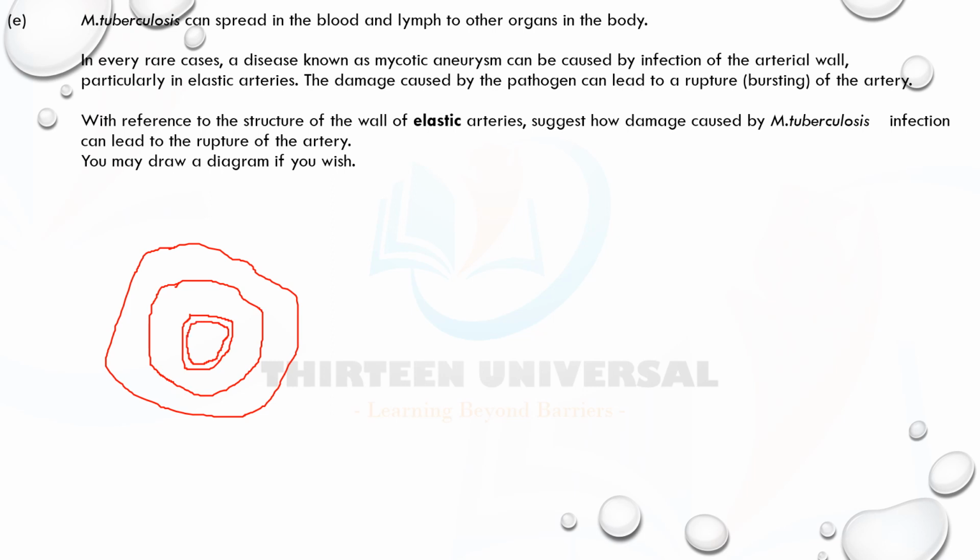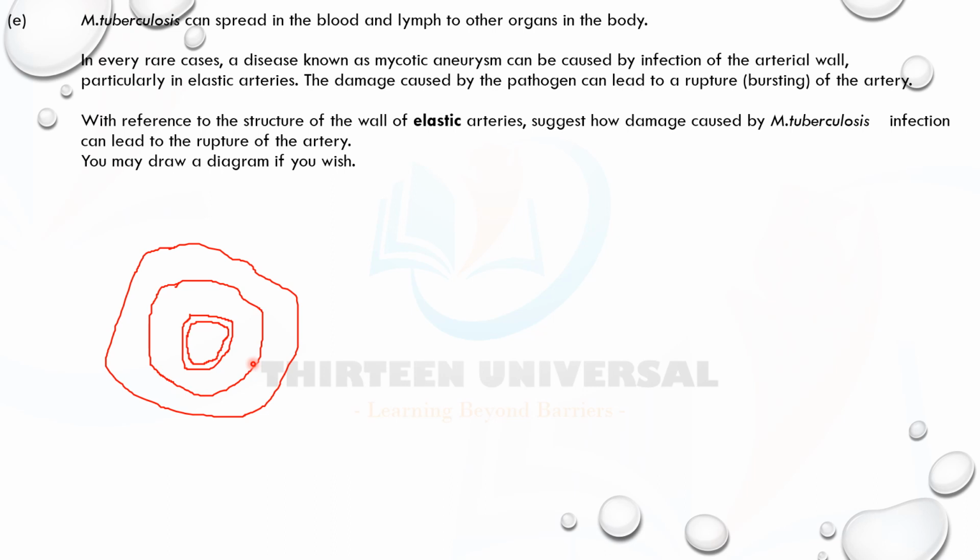But the most important thing is that elastic fibers also prevent bursting or rupturing of arteries, especially the aorta. So you can see that this is the tunica externa. This is an artery, right? Tunica externa, tunica media in the middle. This is the intima, this is the epithelium. So we have collagen fiber and elastic fiber here, and smooth muscle. So these help to prevent the artery from rupturing.